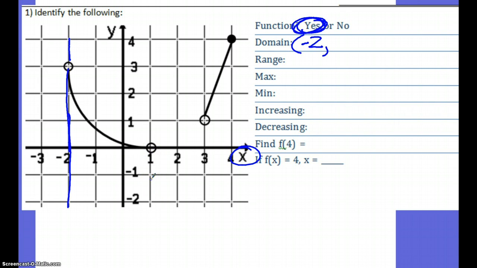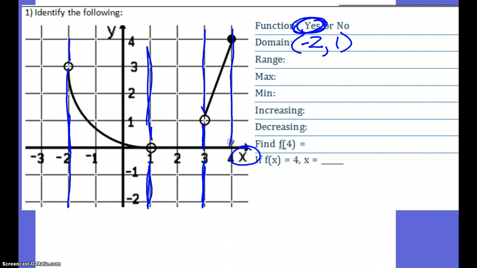the point 1 is open, and there's skipping numbers right here. So in between 1 and 3, there's no line. There's no graph, which means that the domain is going to have to be 2 intervals. We're going to have to stop at the number 1. So, comma 1. And we're going to have to start another interval and go from 3